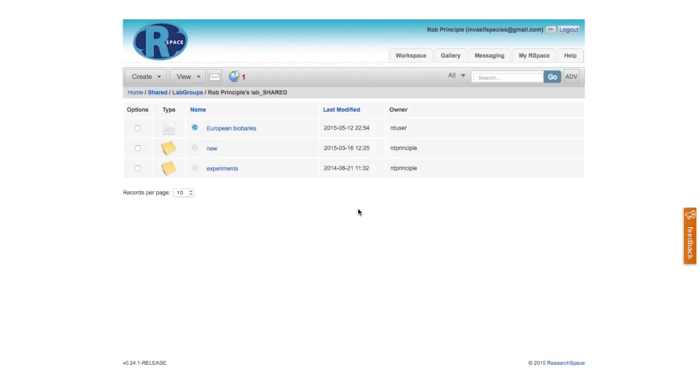Now let's take a look at the revisions area of RSpace so that we can understand exactly what the revisions mean, what we can see there, and how we can restore previous versions of particular documents. I'm going to look at a document called European Biobanks, which is a shared document that happens to be located